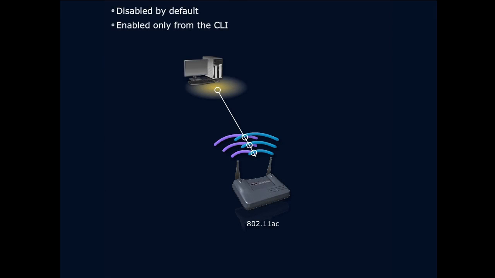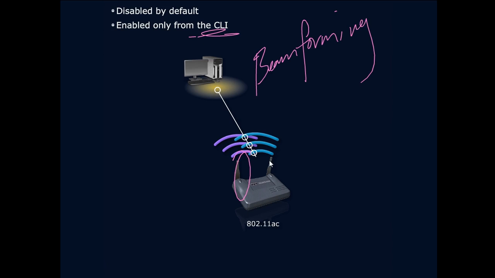First up, client link. What is client link? Anyone remember? Said it a couple times. This, in the old days, used to be called beamforming. Now, we can only enable this from the CLI, and you can only enable beamforming now if you have multiple antennas. See, picture's got two. You need multiple antennas. Why is this? Well,